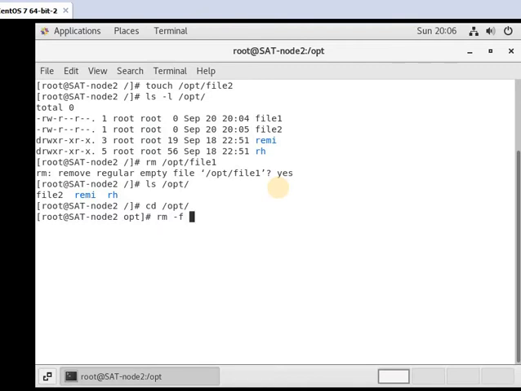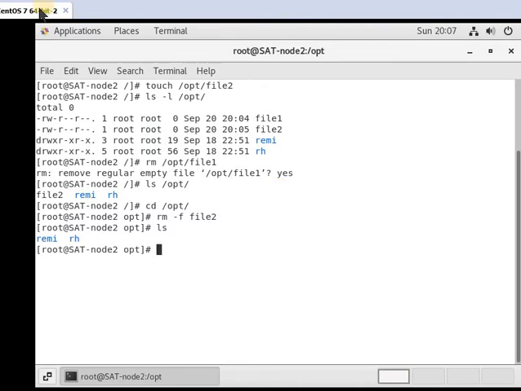F is used to delete the file forcefully with the file name. We are already in the opt directory, so we only give the file name. Yes, now it is deleted. ls is used to list the files. Now you see both files are missing because we have deleted them.